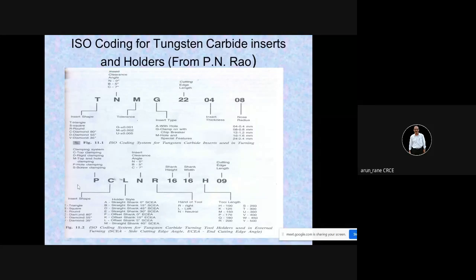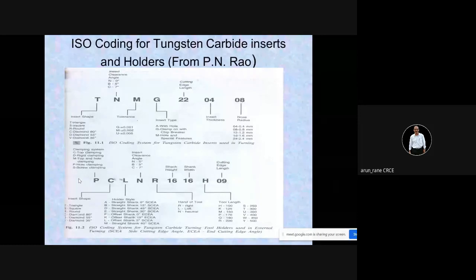Because here the holder specification begins with this. So again here P means hole clamping. That is, the insert which you are going to fix on the holder is going to be clamped through the hole. So obviously with the help of a screw.